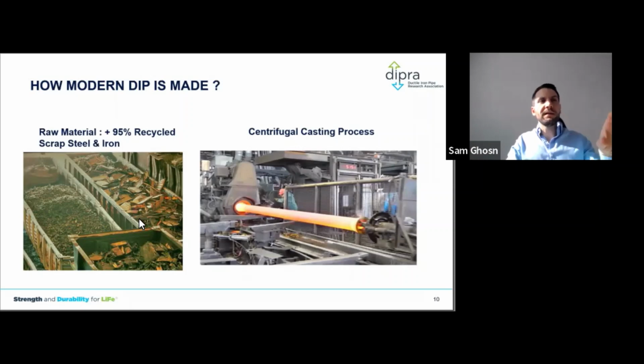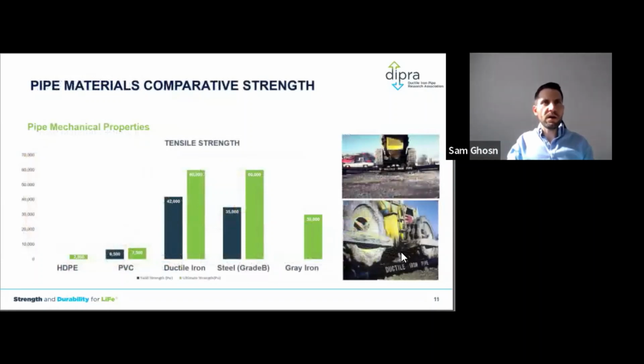So once the melted iron is poured into this casting trough, we cast the ductile iron pipe in 18 or 20-foot sections, depending on the manufacturer, and then the final product will look obviously like this. I don't recommend that you treat pipeline like this, folks, like you see in this photograph, but this shows you the strengths and ductility of ductile iron pipe. You can't do that with cast iron, and obviously you can't do that with other pipe materials like plastic, for example.